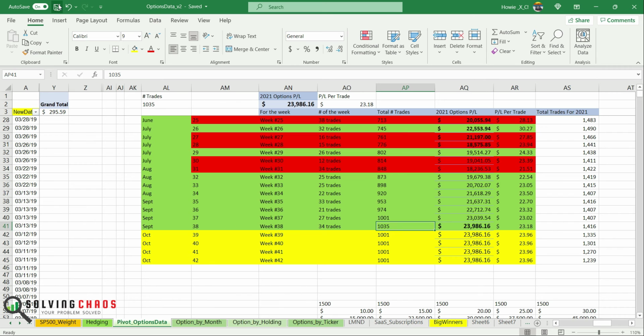This is a pretty decent week considering that markets were uncertain starting on Monday, and it was definitely not as certain going into Tuesday and Wednesday. But for the week, that's really not a bad week. My P&L went up. Now, some of it has to do with the dividends. There is a $588 or $590 from dividends.